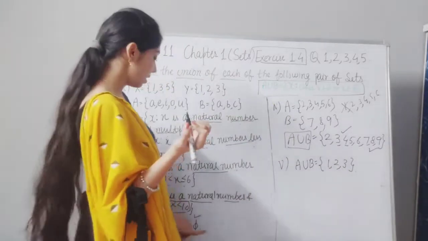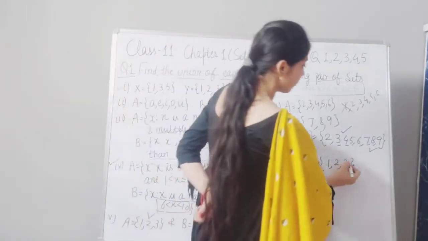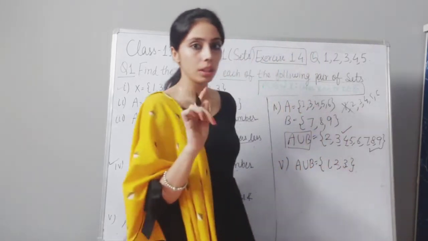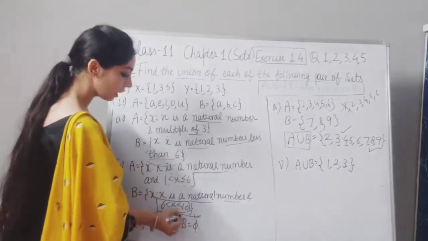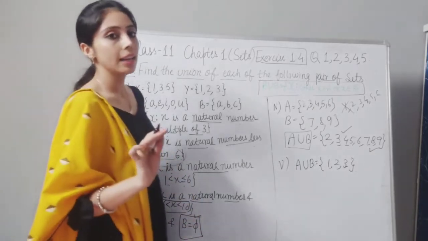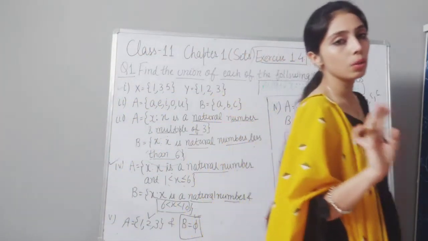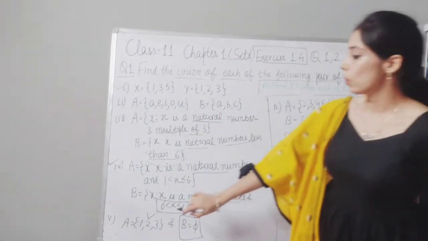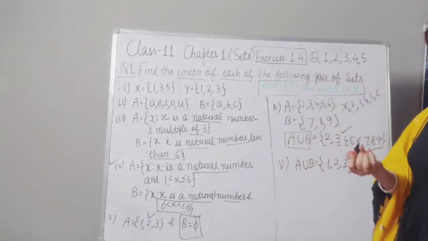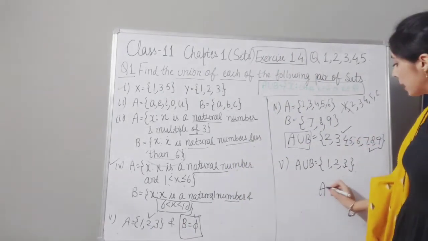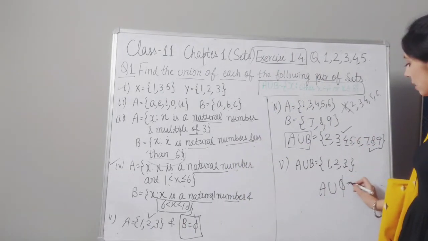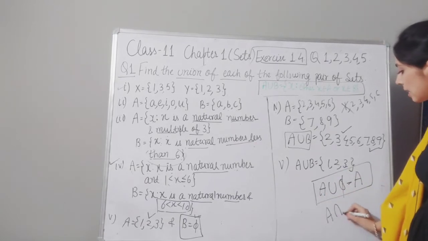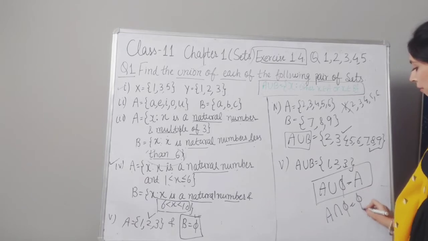We can't write the empty set symbol as an element, because if we write it, this will be some particular element. Okay, this is not true. Here B is equal to the empty set, which means a set which contains no element. So we don't have to write any other element. So union will be only A. Okay, we have already discussed the property that A union empty set is equal to A always. Okay, and A intersection empty set is equal to the empty set.